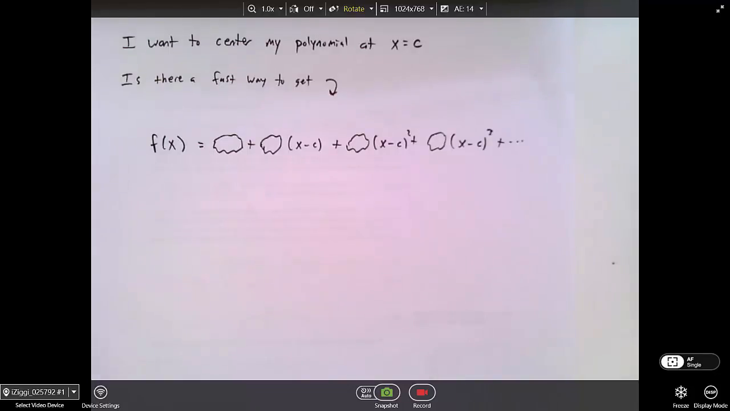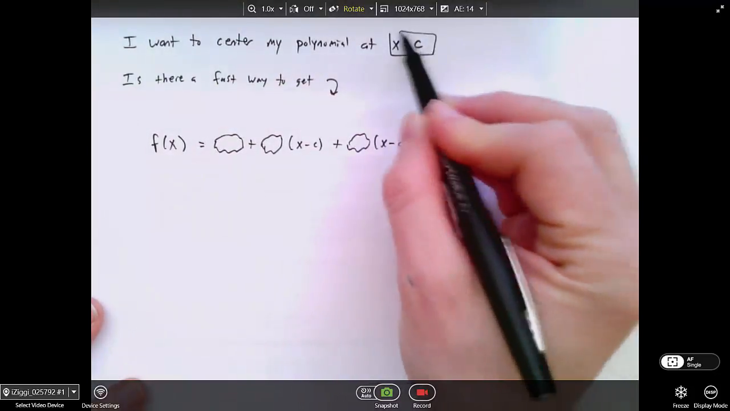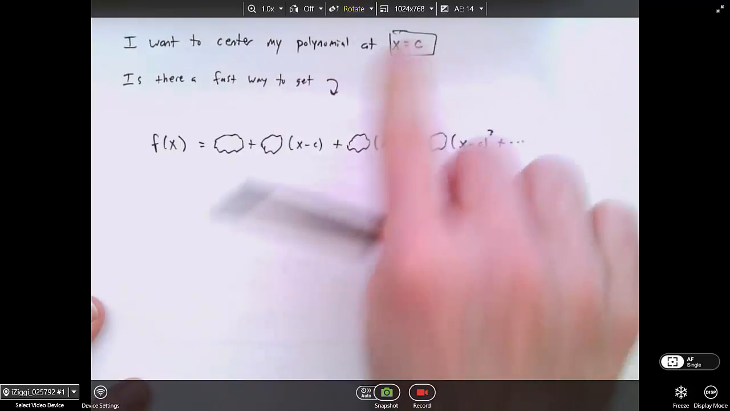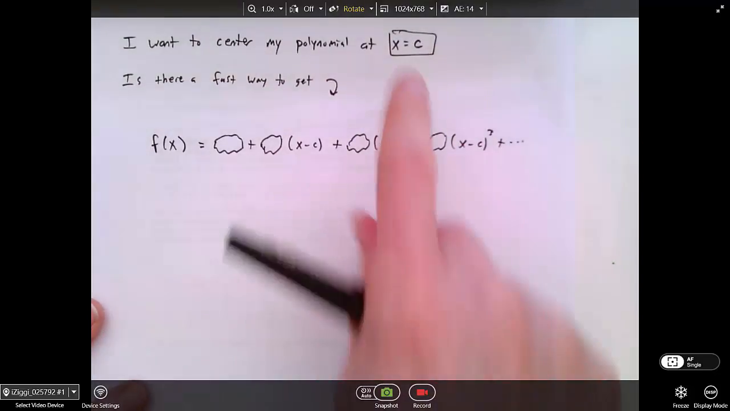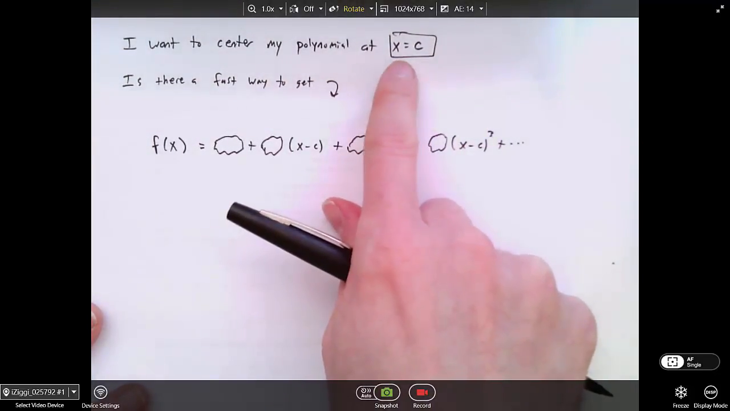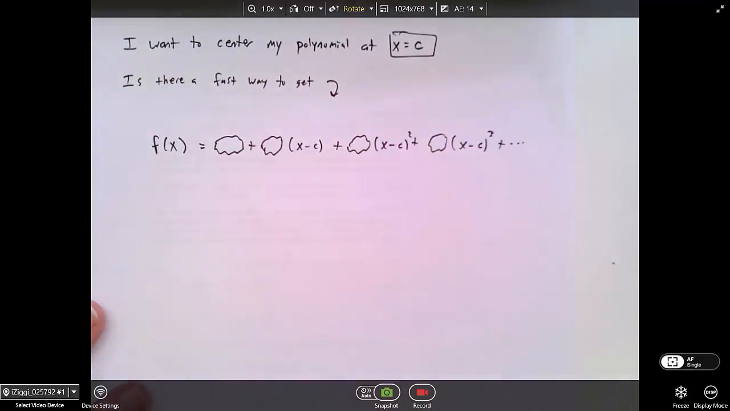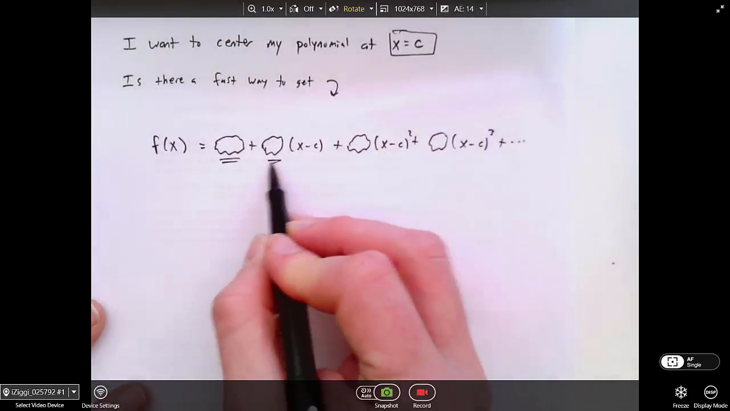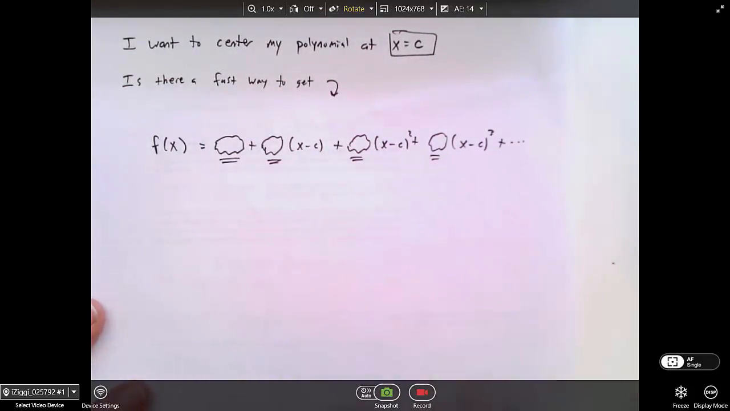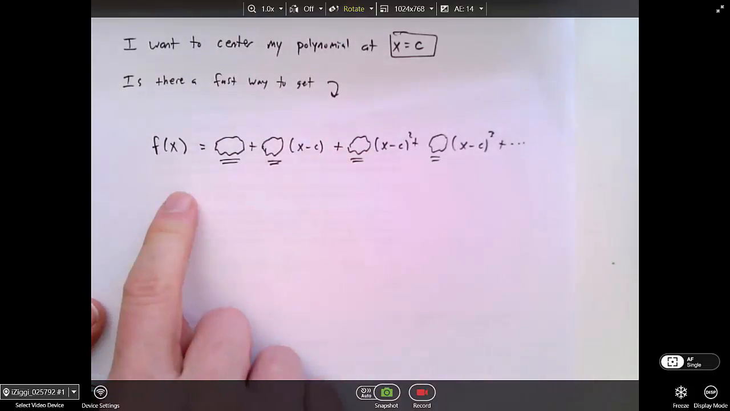So what if I decide I want to center my polynomial at x equals some value c, c for center? We've already looked at examples where we build our approximation at x equals 0, at x equals 1. Now it's totally general. Is there a really fast way to calculate the numbers here that would go in our polynomial representation, where we've